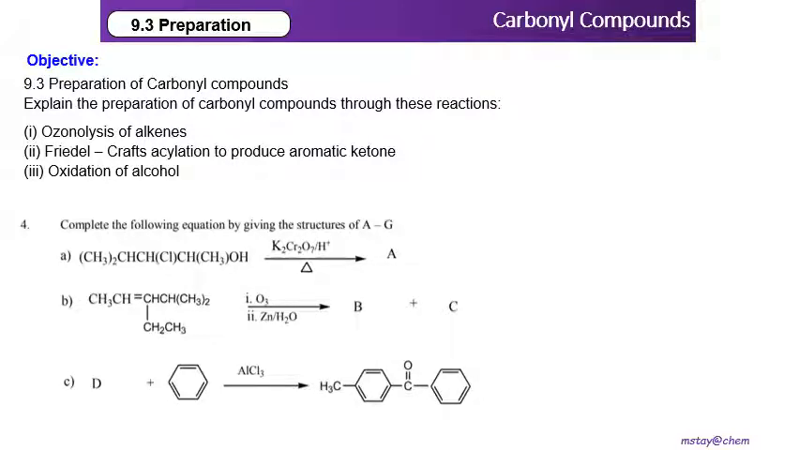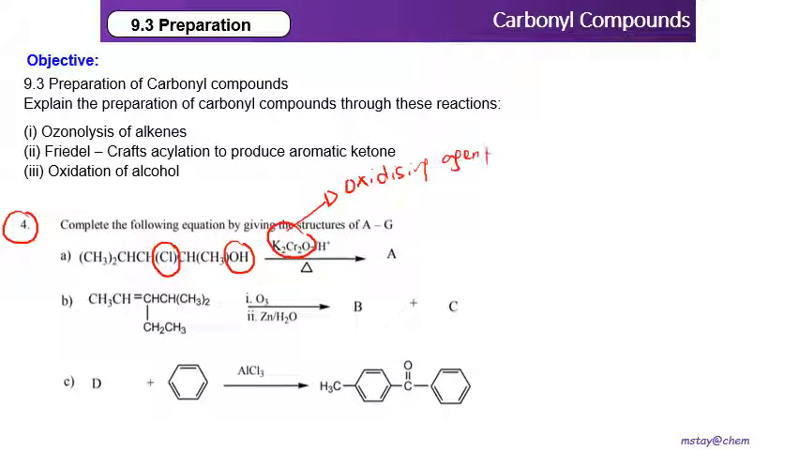Okay, now let's proceed to tutorial question number 4. For structure A, we can see there are two functional groups. One is Cl, a halogen, and another one is OH. So to get this structure, maybe we have to first identify whether this alcohol is primary, secondary, or tertiary. Because when we see K2Cr2O7, we know this one is an oxidizing